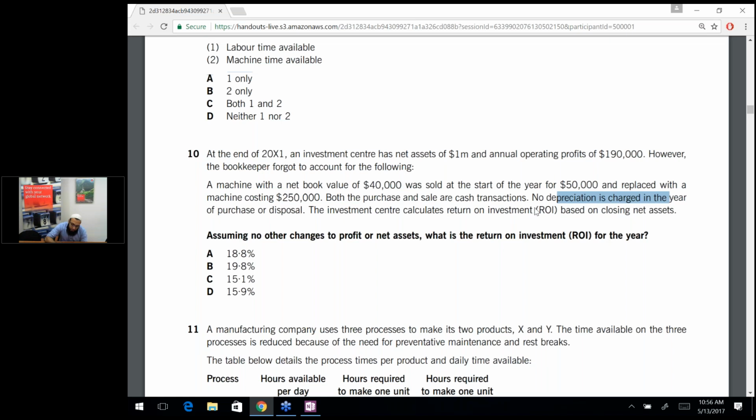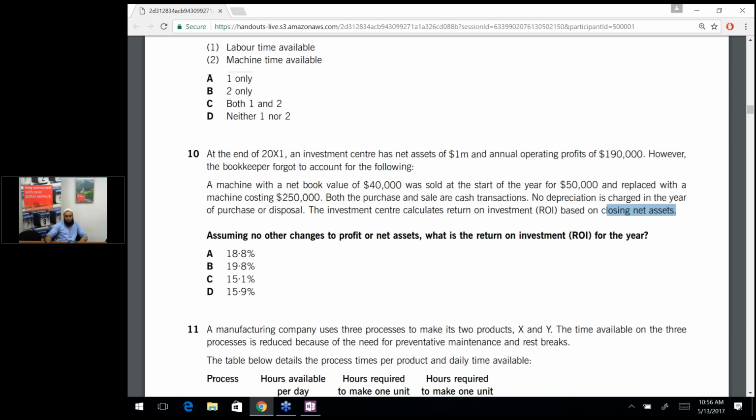The investment center calculates ROI on the basis of closing net assets. Now what the examiner is mentioning is important. Remember one thing, because you didn't get the opportunity to cover ROI and RI in class. Otherwise, I would have made it really easy for you people. But right now, one important thing I need to focus on is